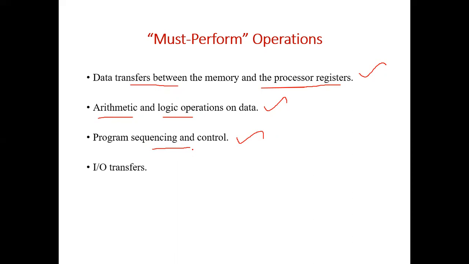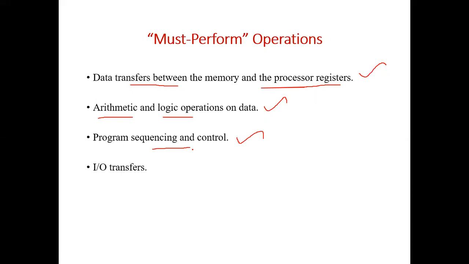Program sequencing and control may be like a conditional branch: under this condition, go to so and so location. In high level language, normally we use if. Like that, here also we should have some control mechanism. In assembly level programming, we may not have if statements directly, but there should be some option available to change the flow of control.